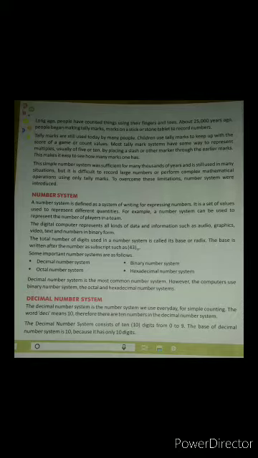Now, we are going to start the first chapter of your computer book, that is number system. And you know from mathematics what a number system is, that it is used to count anything, the numbers, and there are different number systems in mathematics. Also, we have Roman numbers and all, and from your first paragraph, it's written there that long ago people counted things using their fingers and toes.